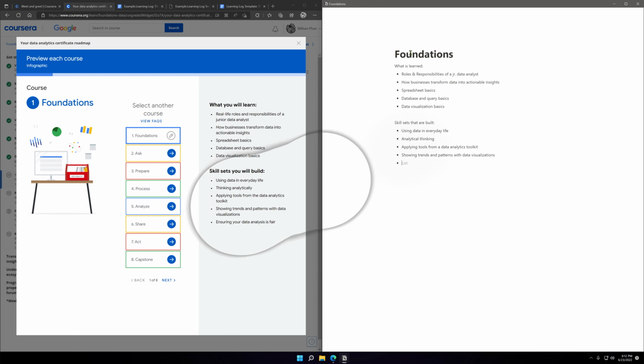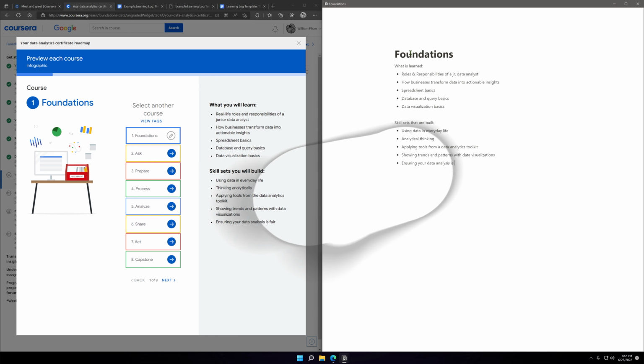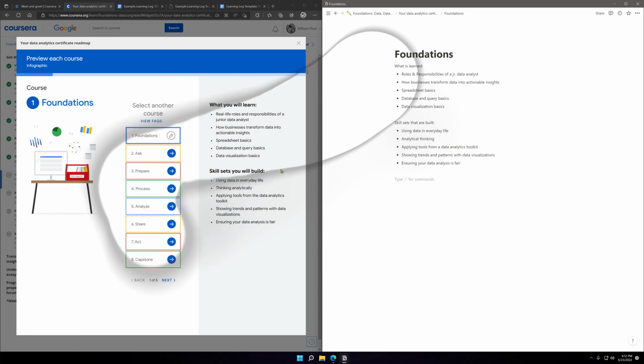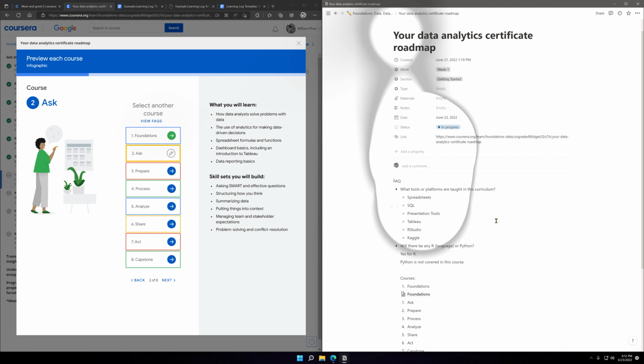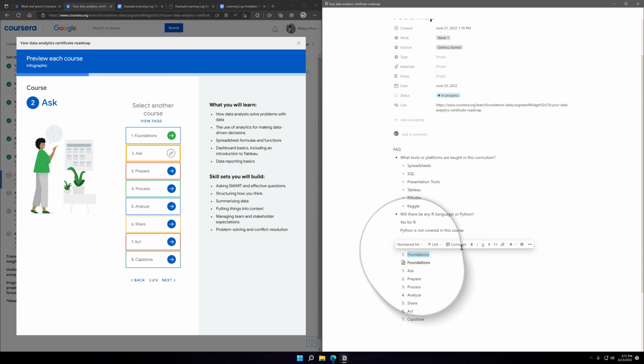Oh, and that's interesting. Ensuring data analysis is fair. And let's go back here, and oh, that's cool. How do I get this? How do I move that? Yeah, well, I guess I can.